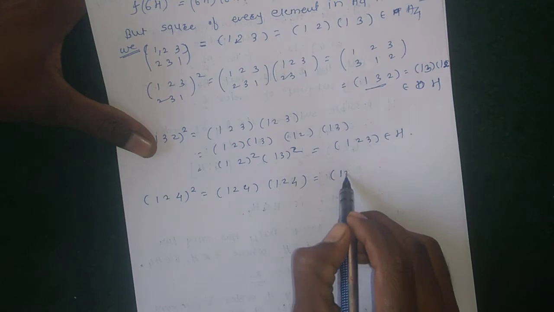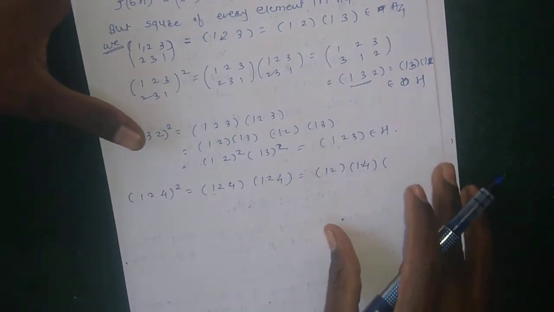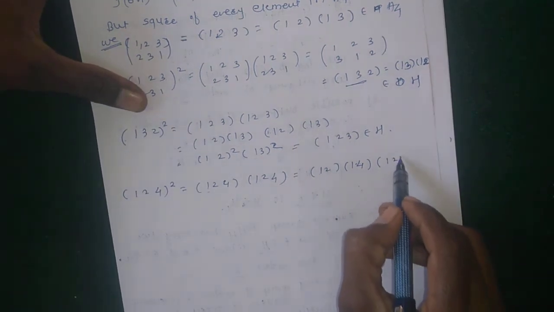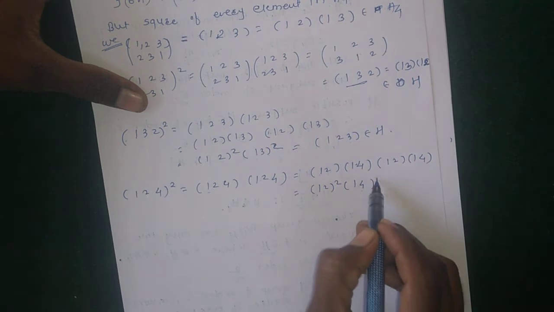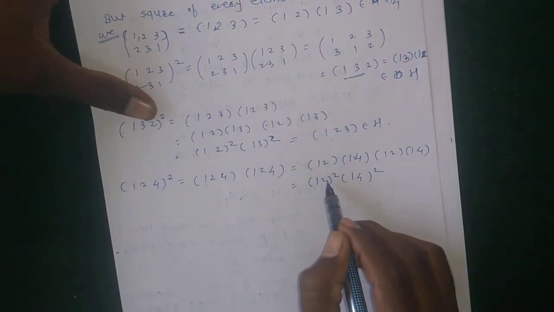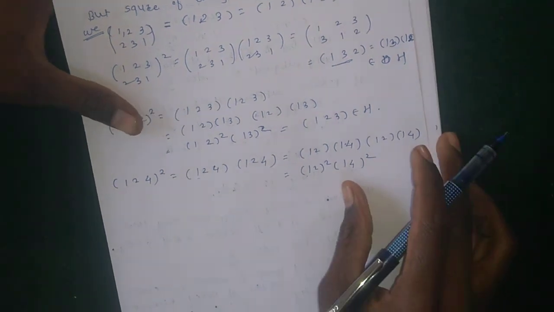Square means 1 2 1 4, which can be written in transposition form. Okay, 1 2 1 4, their value is 1 2 square into 1 4 square, means 1 has value 2, 2 has value 1, 1 has value 4, 4 has value 1. Okay, then their multiplication